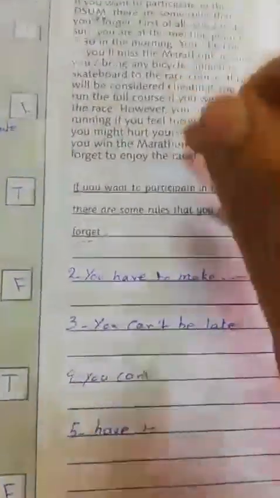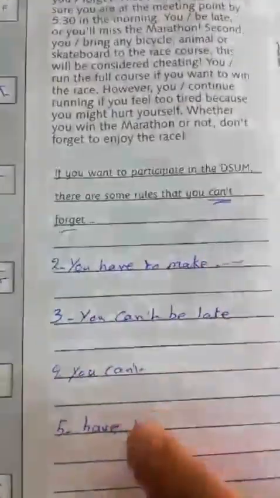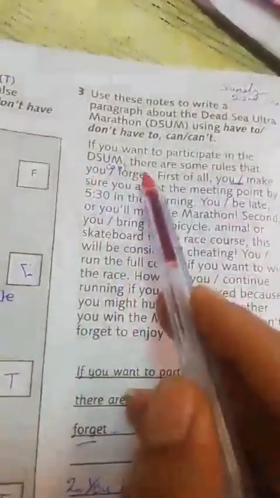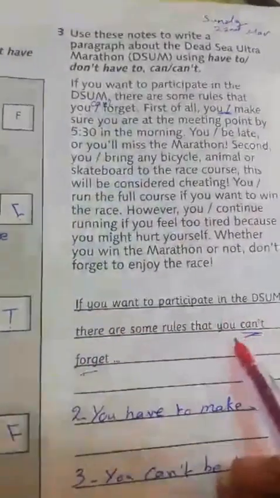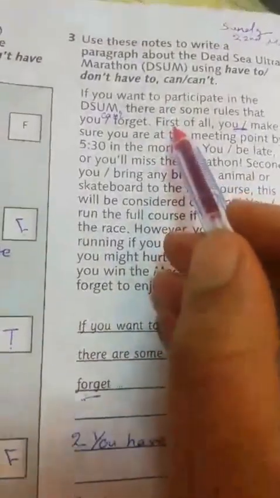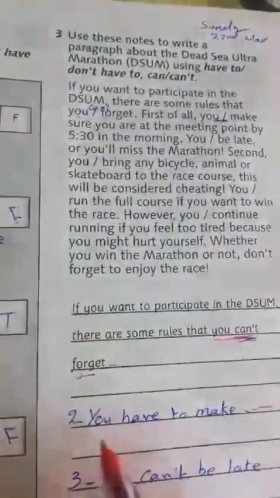We don't have to write the whole paragraph there. If you want to participate in the DSUM, there are some rules you can't forget. First of all, you have to make